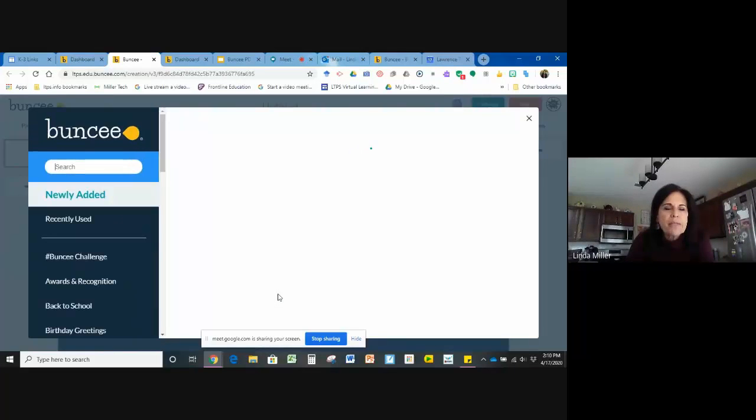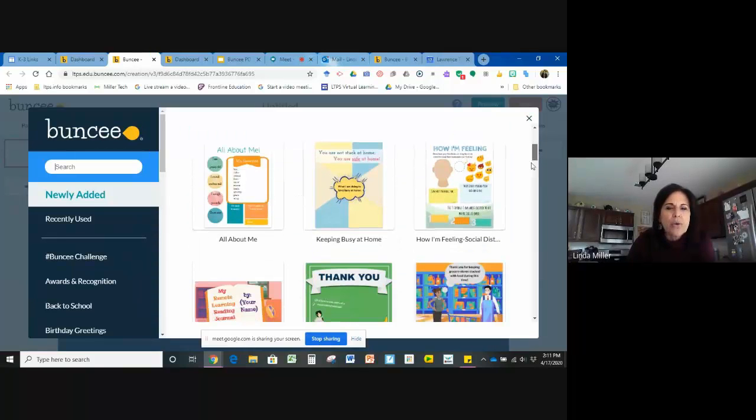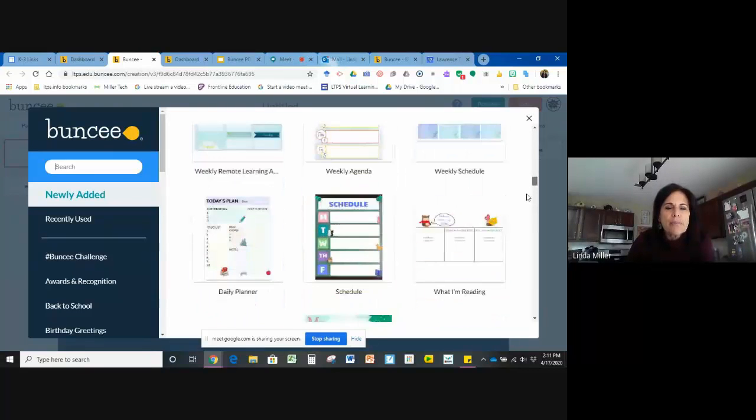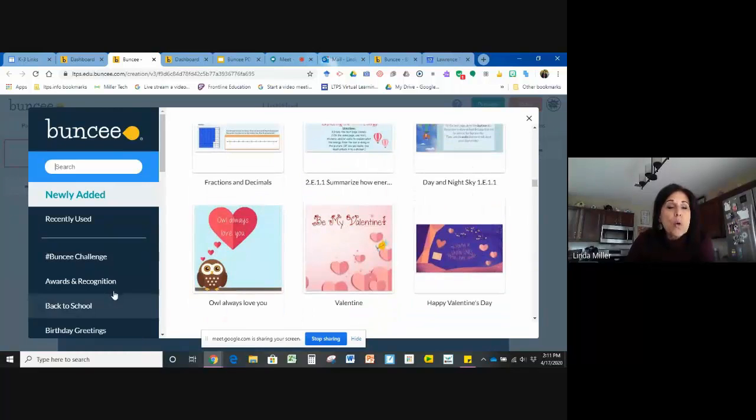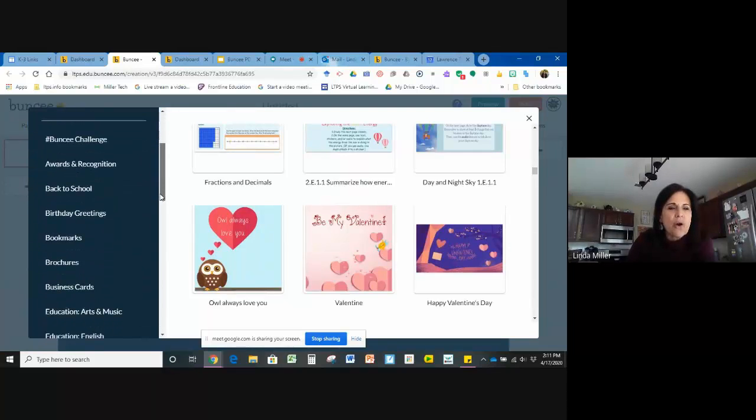And the nice thing about Buncee is you never feel you're alone. It starts right from scratch, start with these 25 categories that you can scroll through. Or on the left side, you have various categories that you can start. So these are